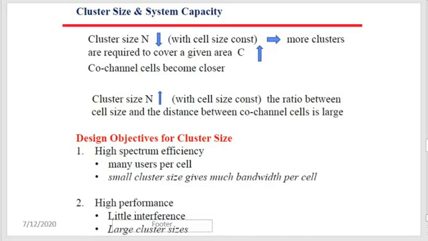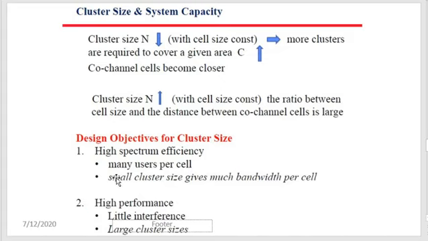Alright. So basically, what we are doing is we are having a design objective of designing a cluster. First, a small cluster size gives much bandwidth. Understood? Because if clusters are small, we can put more cells, so we say that capacity has increased. But the problem is interference will also increase. So a large cluster size will help us in reducing the interference.